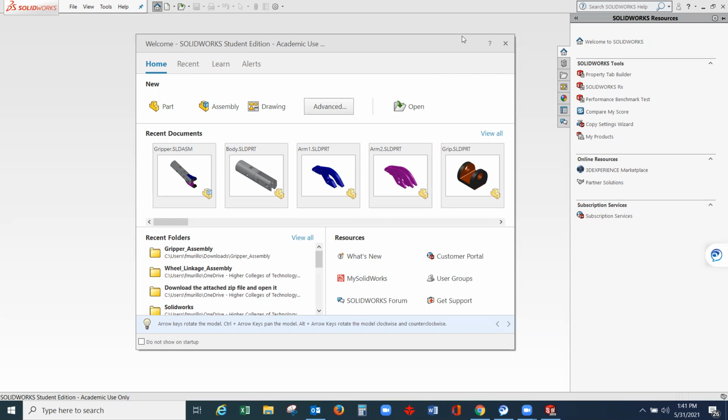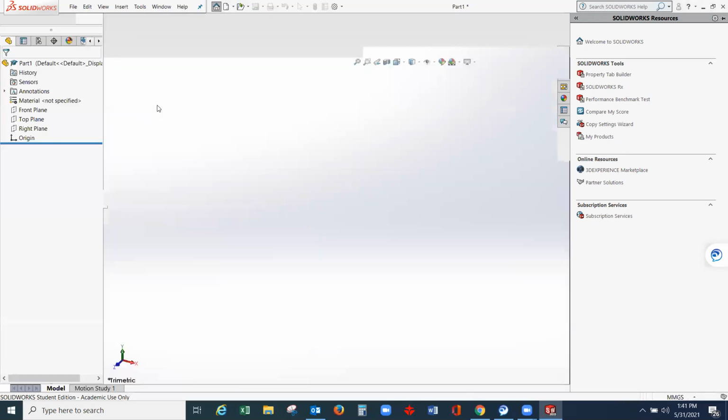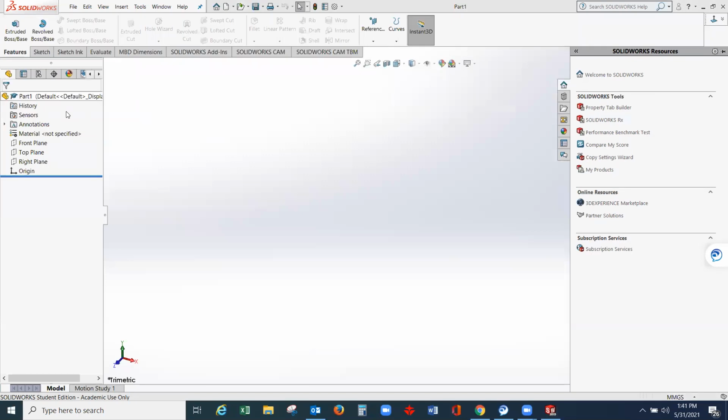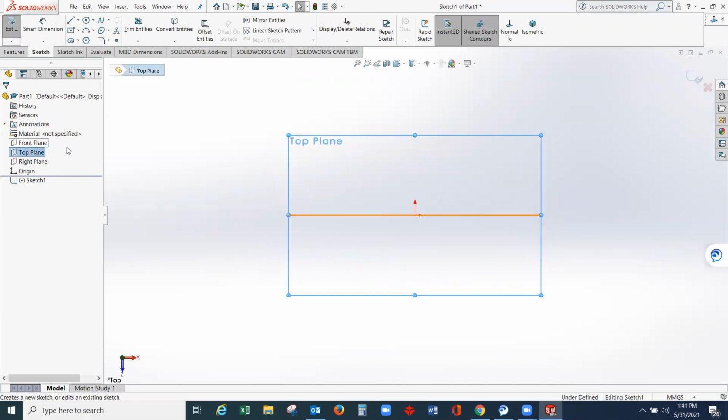So first, open your SolidWorks, select a part. Select a top plane and then sketch. From the sketch option, be sure that your units are in millimeter, gram, and second.